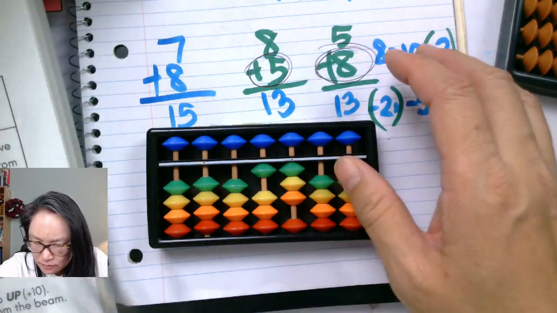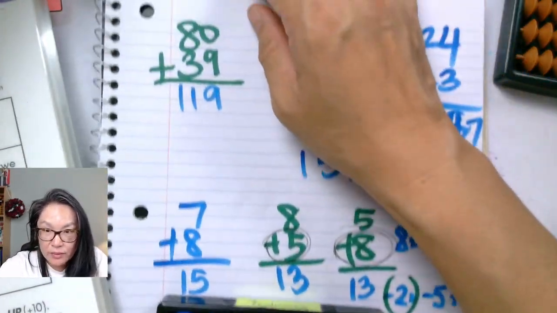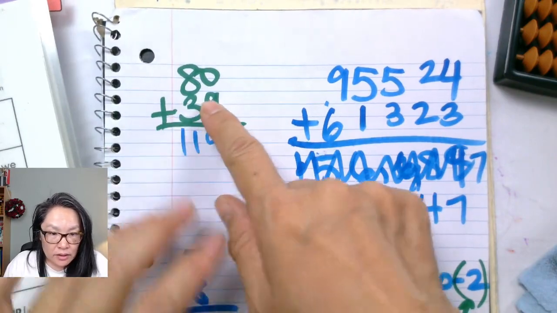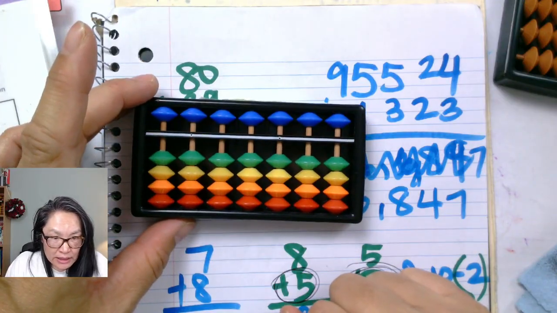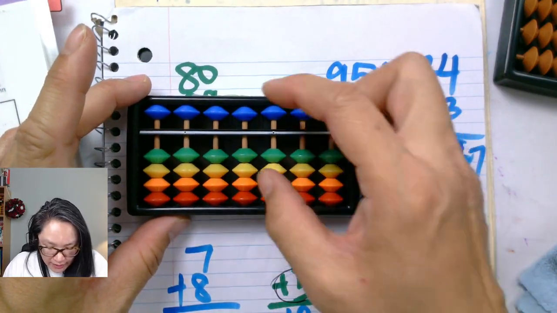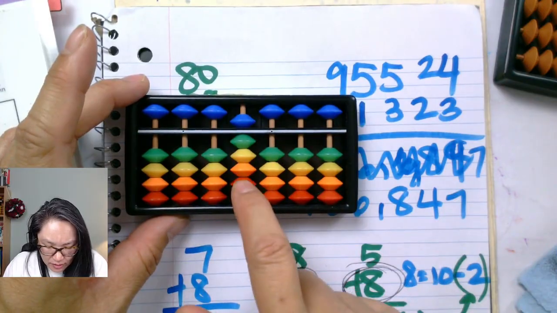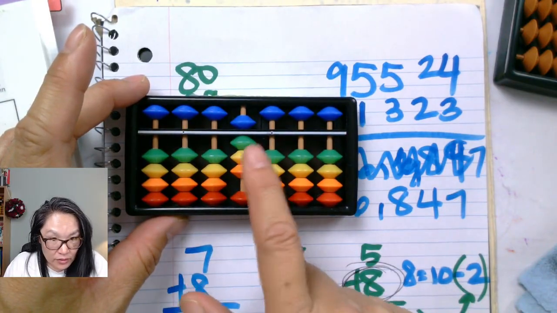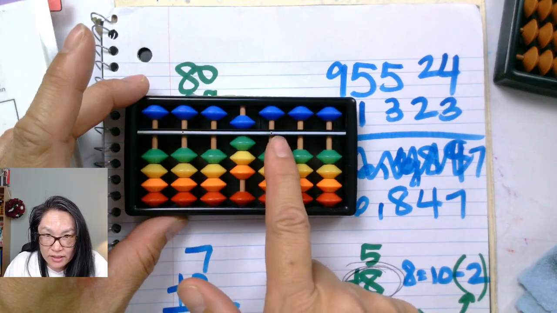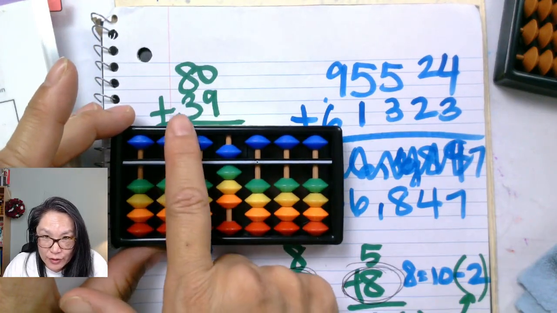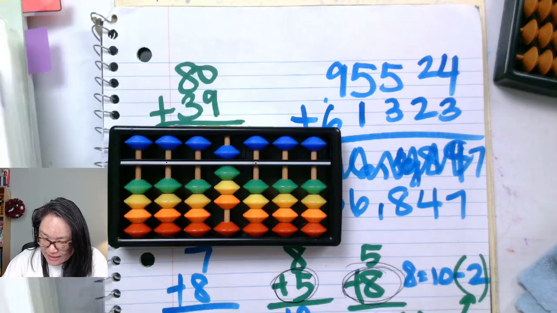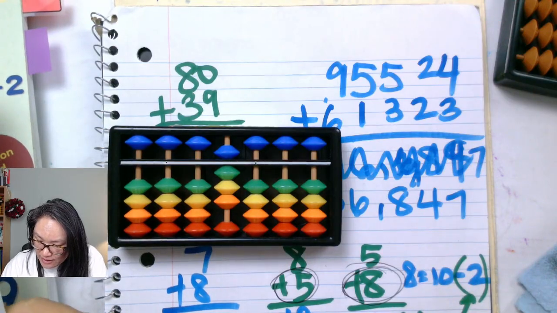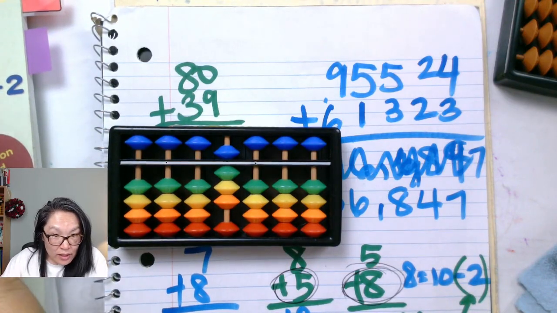You know what? We can do this one, right? So we have 80, 8 and a 0. What we're doing is we're going to add 39. When we add 30, we add 9. We don't have enough beads to add the 3. So this is where the formula